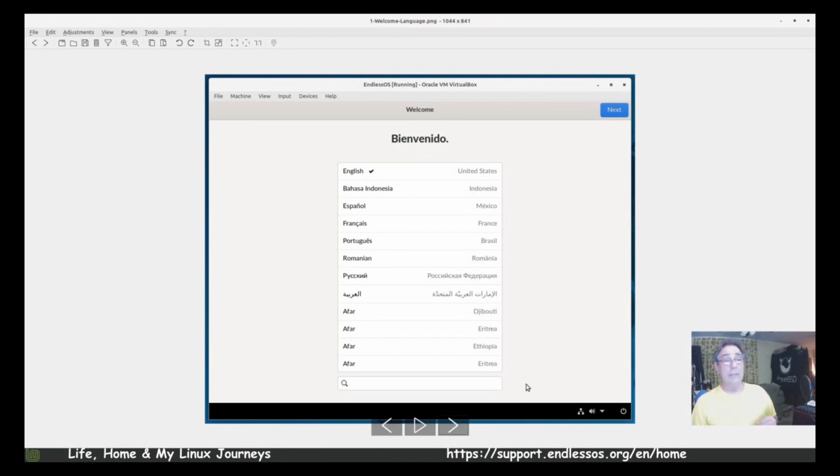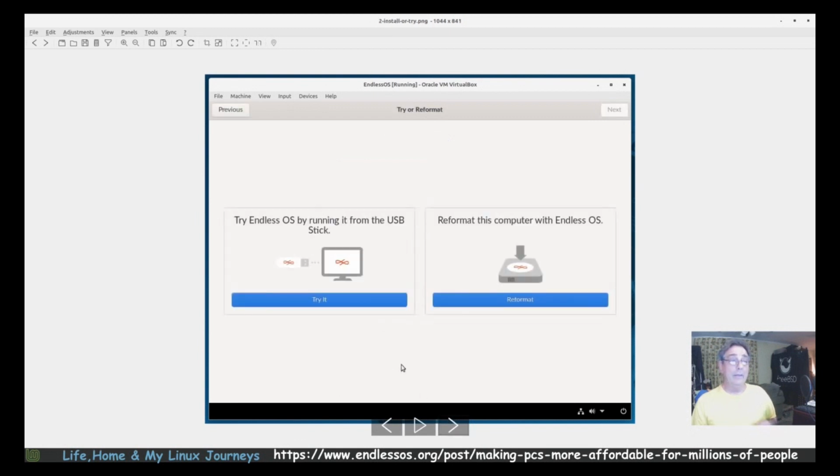When you first boot up to your ISO, whether it's on a USB, CD, or DVD, actually this won't fit on DVDs, it would have to be on a USB, your first screen will be a welcome screen asking you to select your language. In my case, it correctly selected English, and I said okay. And here you have an opportunity to try it without installing it, or go ahead and do the installer.